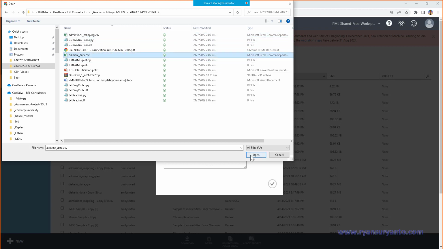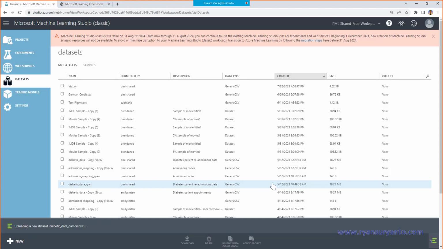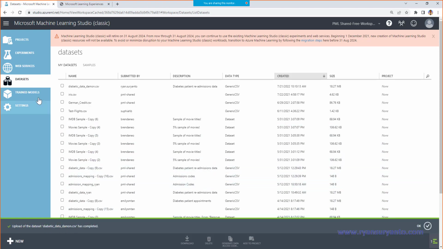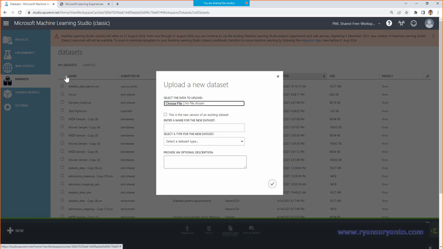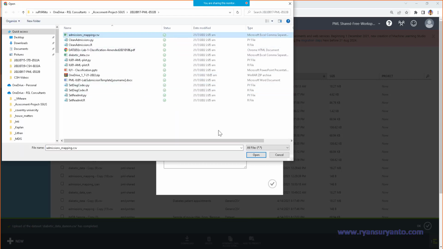One by one, just choose the default. Okay, almost done. The size is not too big. Actually, I already have it from the previous lab. And then the second one, upload again, admission mapping.